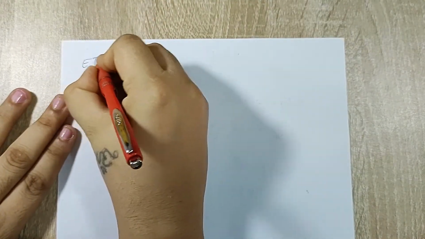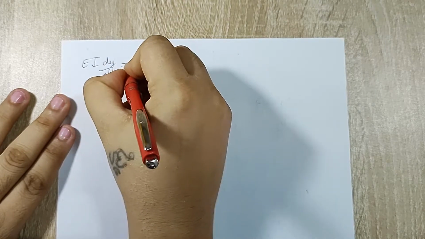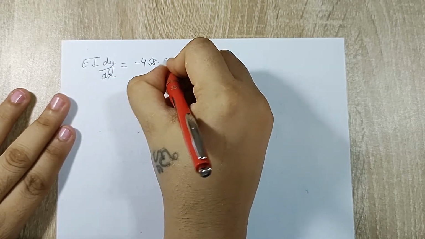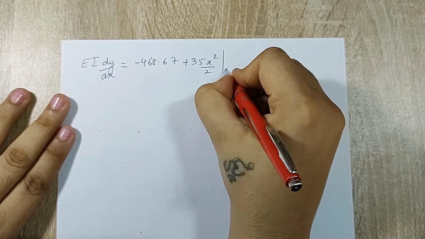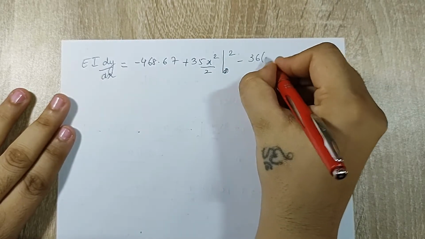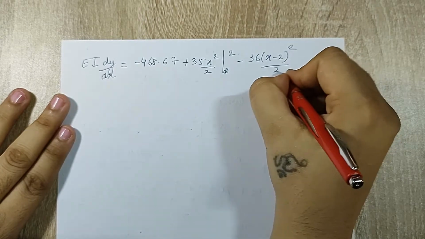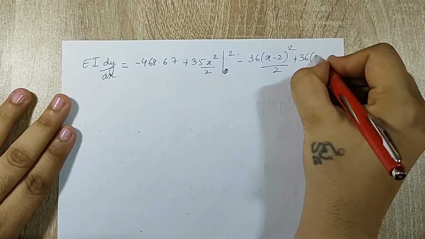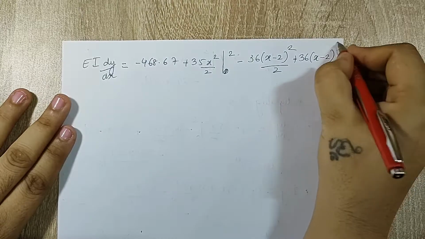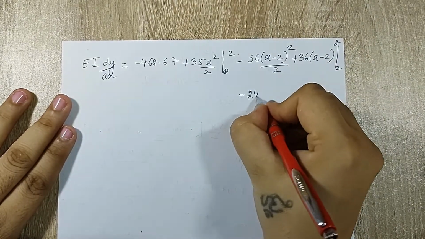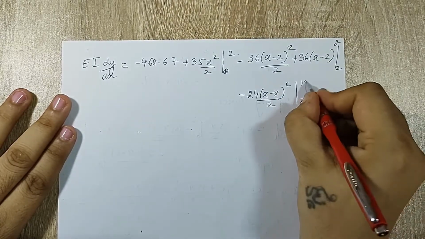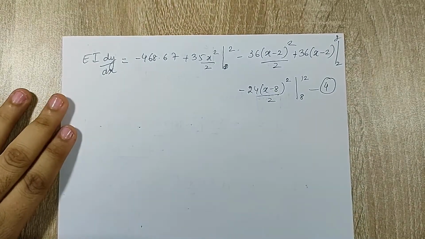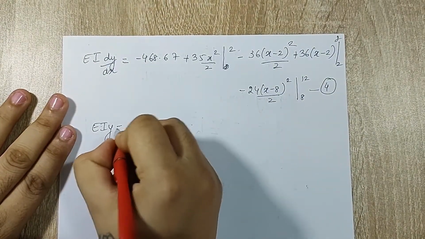So when I rewrite equation 2 and 3, I'll get EI dy by dx is equal to minus 468.67 plus 35x square by 2 from 0 to 2 minus 36(x minus 2) square upon 2, and I'll have plus 36(x minus 2) from 2 to 8, and I have minus 24(x minus 8) square by 2 from 8 to 12. This is my equation 4,